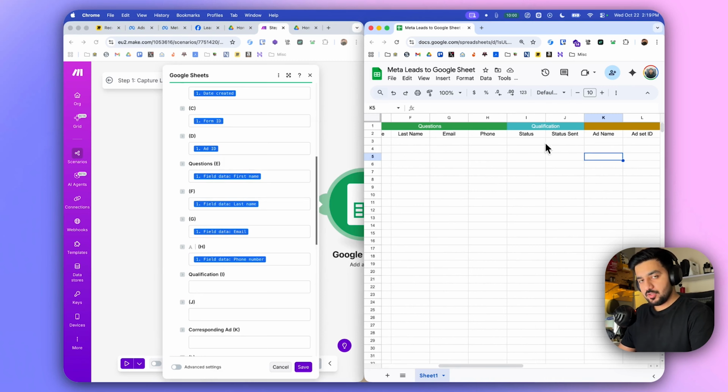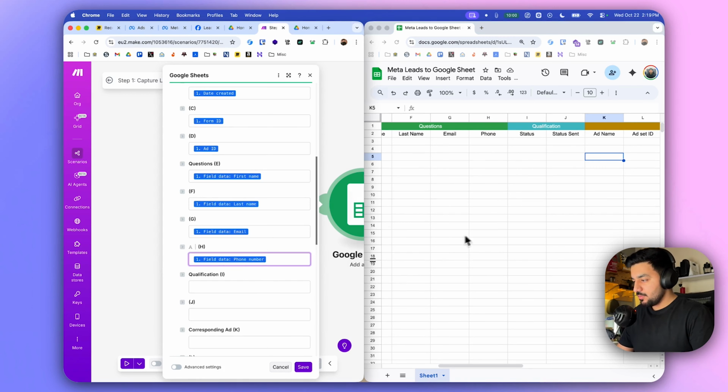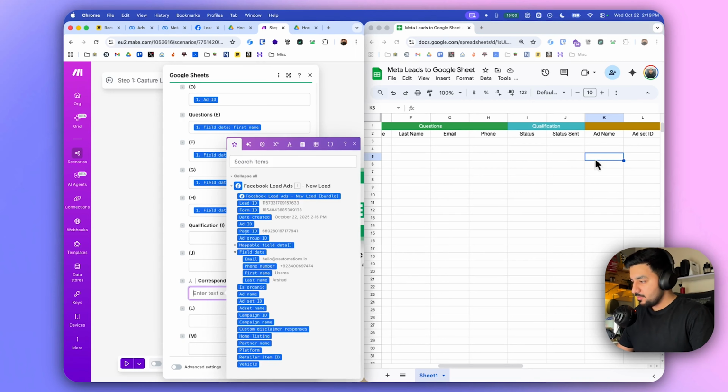The entire purpose of this qualification is, let's assume you got 20 leads over here and 4 of them are qualified. So we'll add whatever metric we want to add for the qualification, mark it as qualified in our CRM, and that lead ID and lead information would be sent to Meta, so Metapixel can optimize and deliver your ad to more relevant leads. Okay, so in column L, column K, we got the ad name,